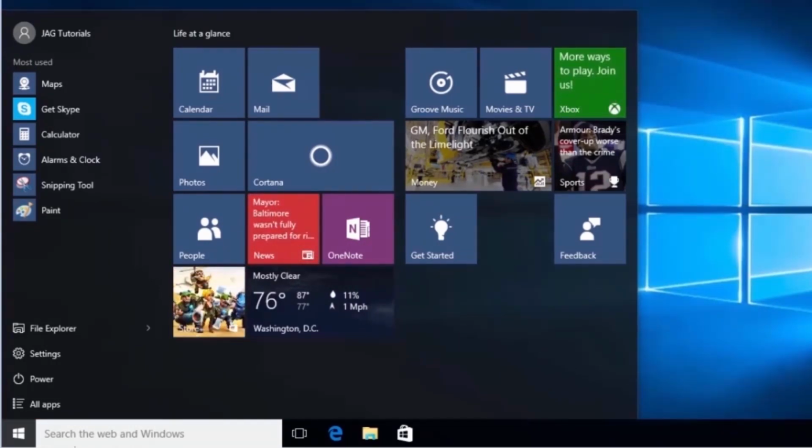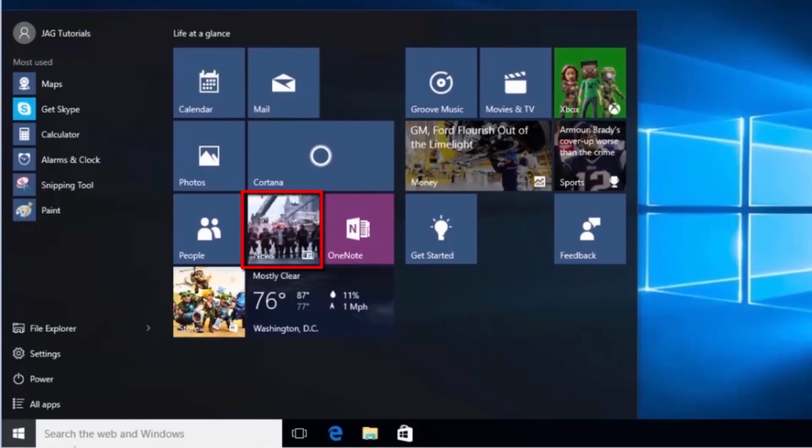Unlike the icons for apps on the left side of the keyboard, these are live tiles that dynamically change the information they show. Apps that are set up to use live tiles can show us app information without having to open the app. The apps that can use live tiles are called Windows 10 Universal Apps. We will cover these in depth more later.